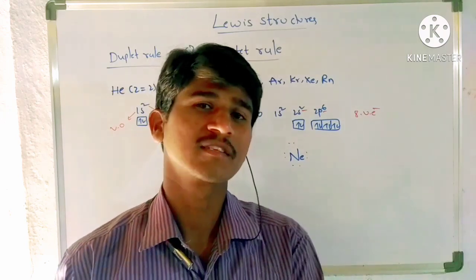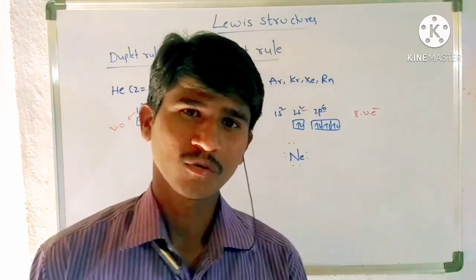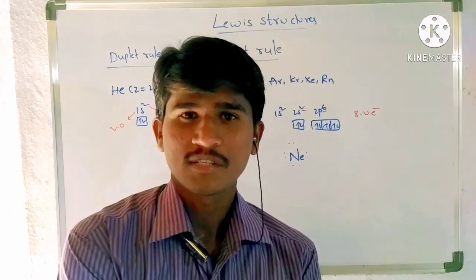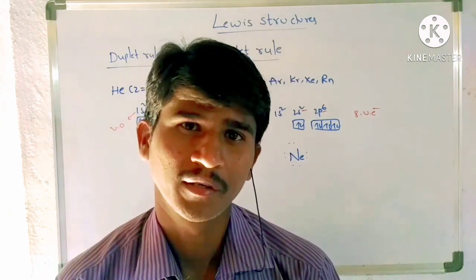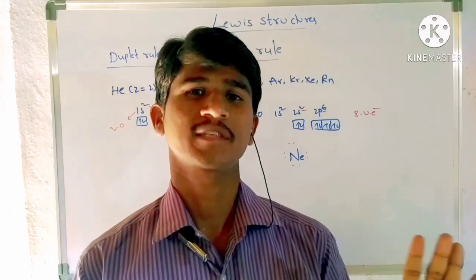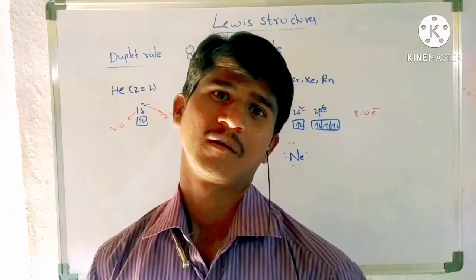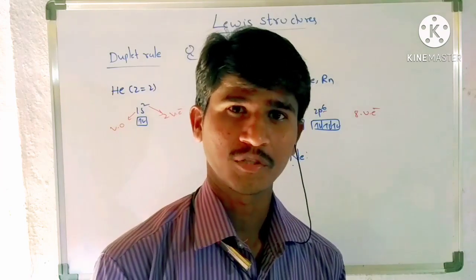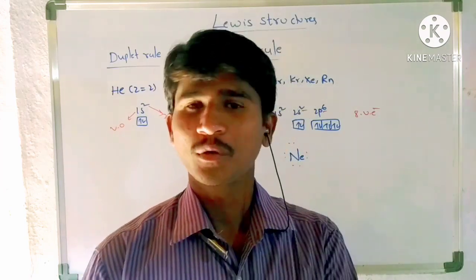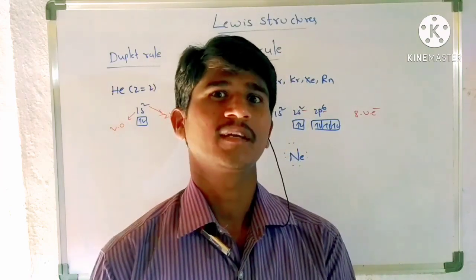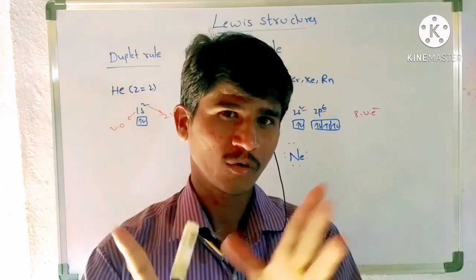Due to loss or gain of electrons, the atoms get stability. That is the case in the formation of an ionic bond. The atoms either lose or gain electrons to get stability, and due to that a new bond exists, the ionic bond. It is also called the electrovalent bond. But we need not discuss the ionic bond today. Now we are going to discuss only the covalent bond. To study organic chemistry, we especially require the covalent bond.